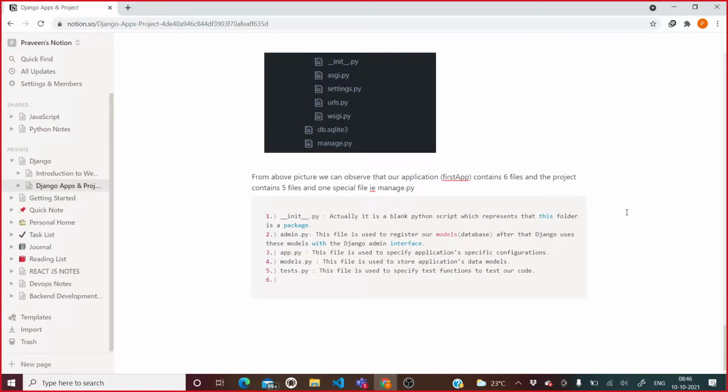Now the sixth one is views.py. In this file we save functions that handle requests and return the required responses. This views.py is the main file in which you will be working most of the time.